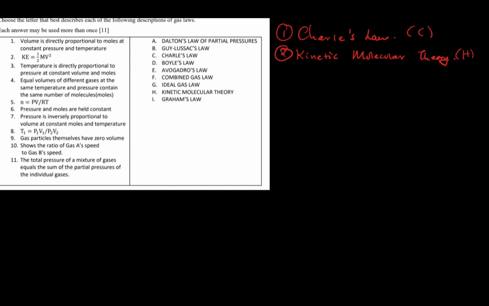The kinetic molecular theory explains the behavior of gases in terms of the motion of their particles. The kinetic energy of a gas is always proportional to the temperature of a gas. Then looking at